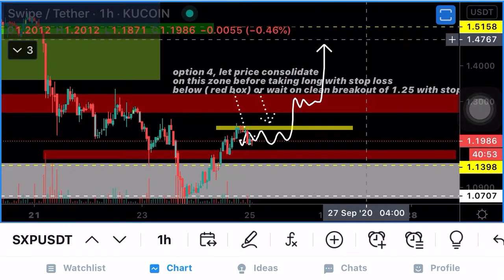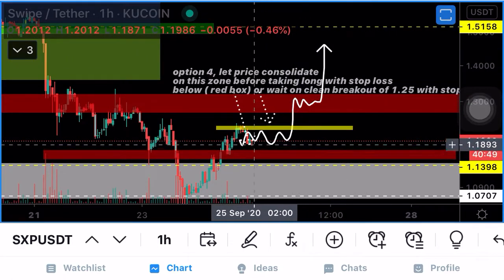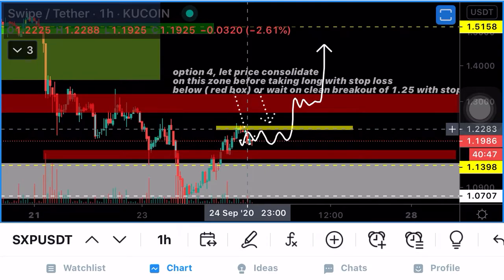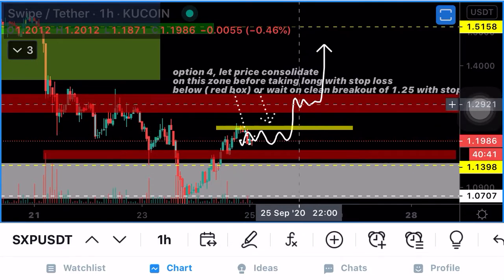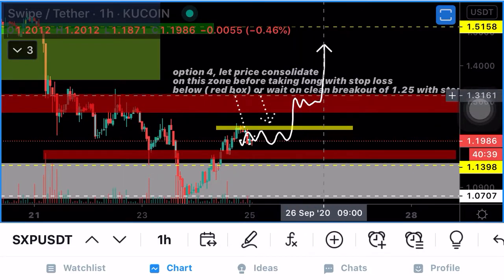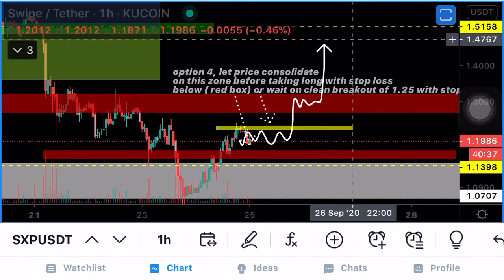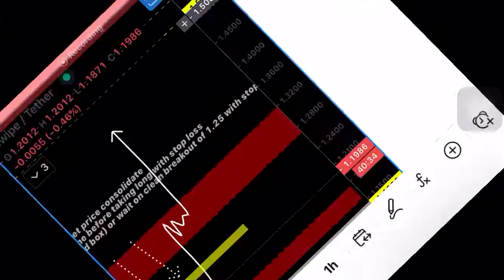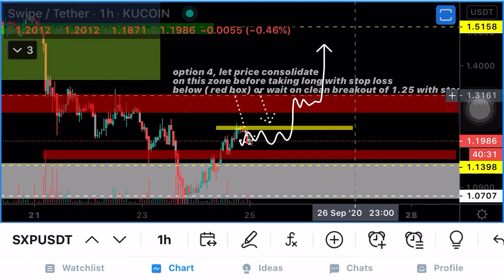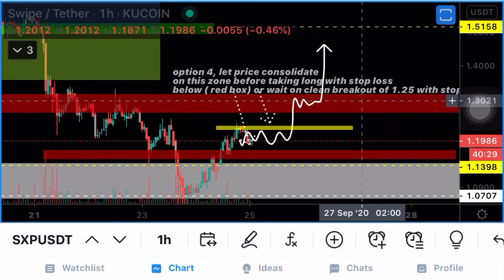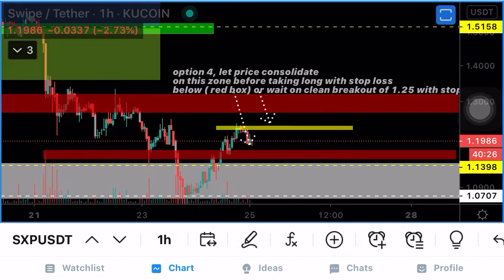I believe between the 145 and the 150s will be the ultimate target. But right now, if anyone wants to be conservative, theoretically, a clean breakout of 123, one can take it with a stop loss below these highs. And then if price consolidates along here or it ranges, then I believe 151 is the ultimate target. But first target would be this zone here. But this is something I did for my friend, so let's see how that plays out.